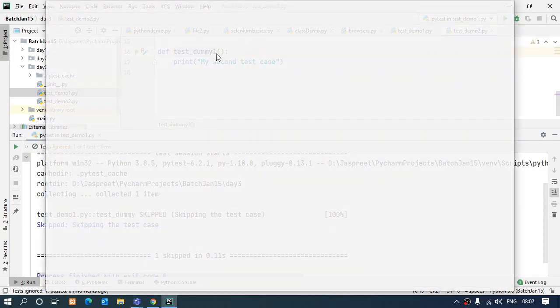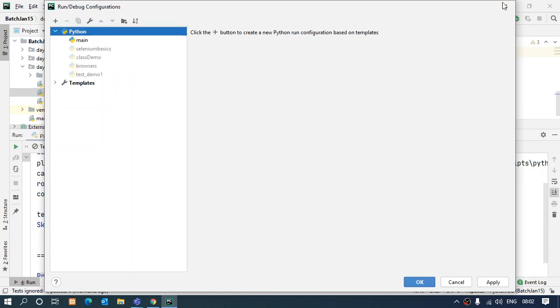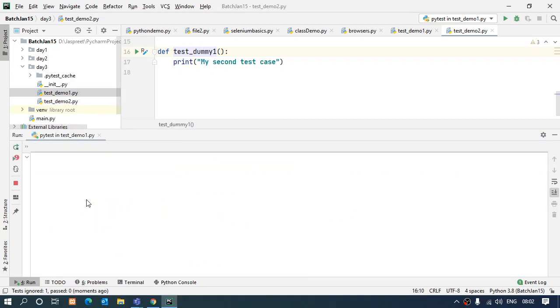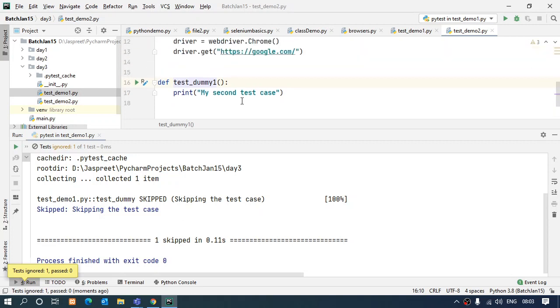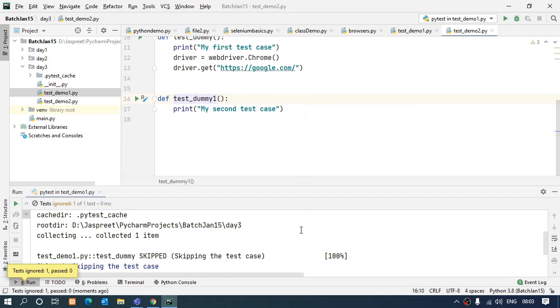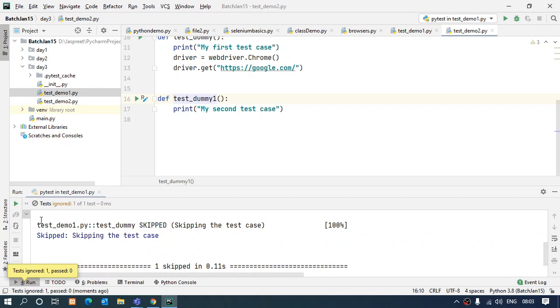I'll just do the configuration again and run it again. Run PyTest. What's wrong?